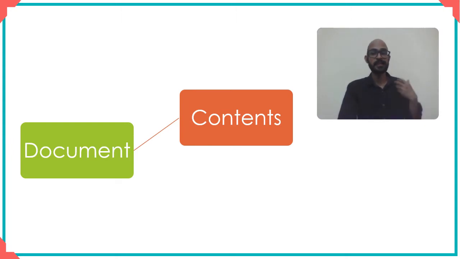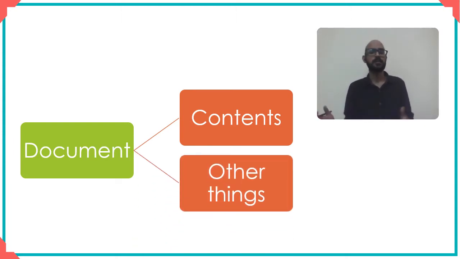Before we get into the lesson, I want to remind you of a couple of things. The first is that with regard to a document, you must remember that there are two things in relation to a document. The first is what is contained in a document. The second is other things about a document, whether the document exists or not, whether the document is torn, whether the document is in good shape, the color of the document, and all of these things. So there are two things.